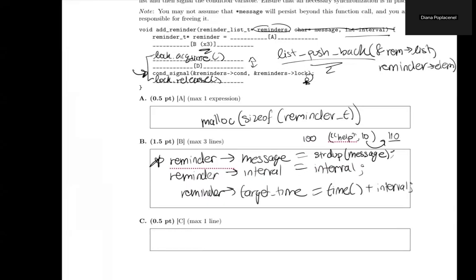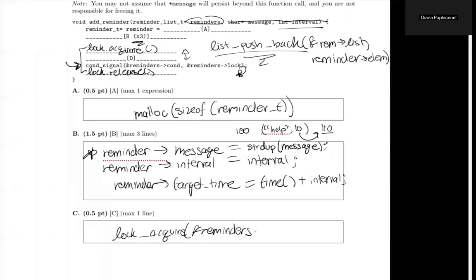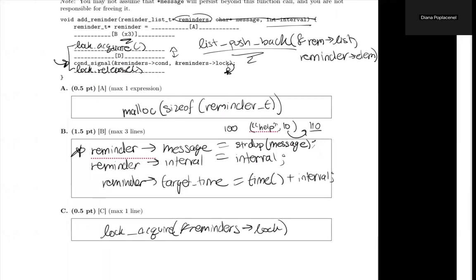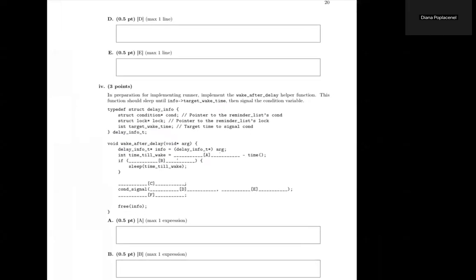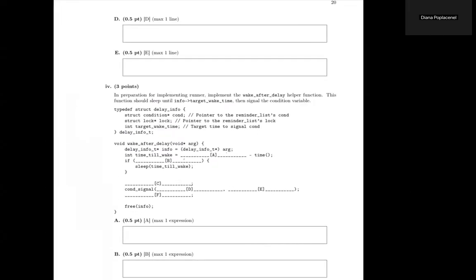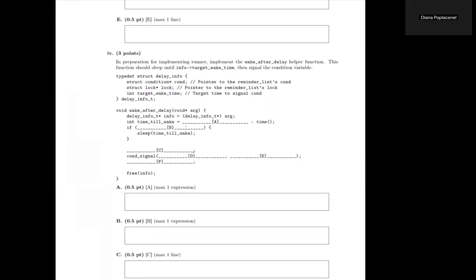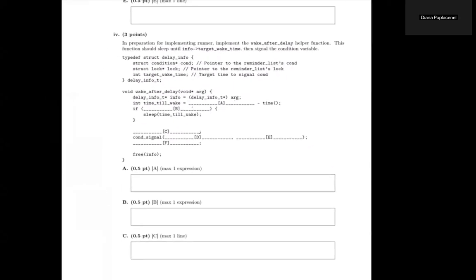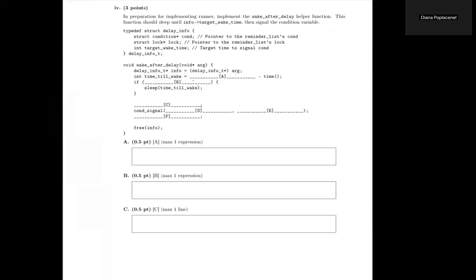Okay, so I'm going to write this very quickly, so this doesn't look great. But okay, so we implemented add_reminder. Now let's look at our next function,